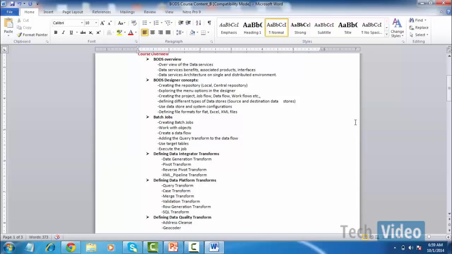And as part of BODS Designer, we will slowly start into what BODS Designer is. So BODS Designer would be our tool. As a BODS developer, we have to concentrate most of our time on it. There we are going to understand how to create a local repository, what the main options in the Designer are, and what the hierarchy within SAP BODS is, like creating a project, a job,